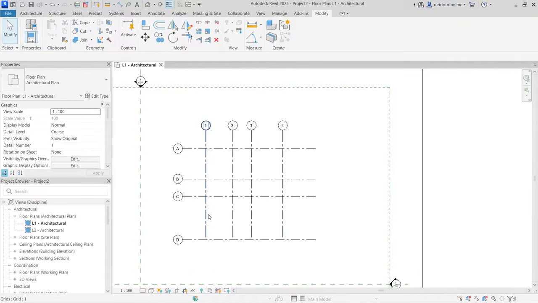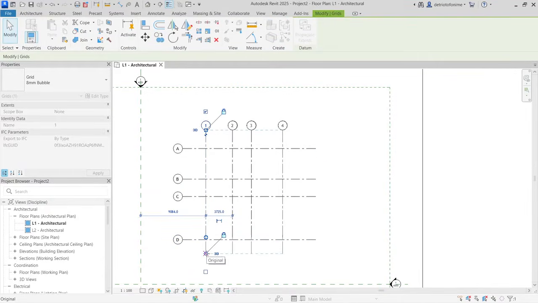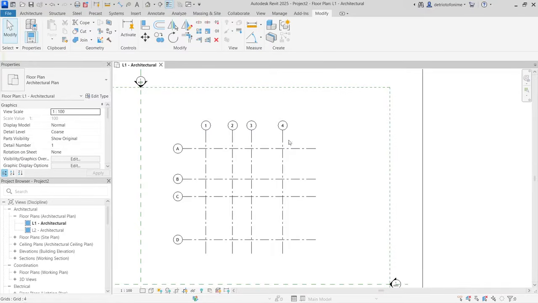That's the last one. So that's the basic frame for our building. That's the basic structural frame on the plan view. So this plan view is going to give us a template on which to work when we're creating our model. You notice that we're still in the architectural plan right now, but watch what happens when we switch to the structural plan, because we will have to start with the structural model first before we even start modeling the architectural